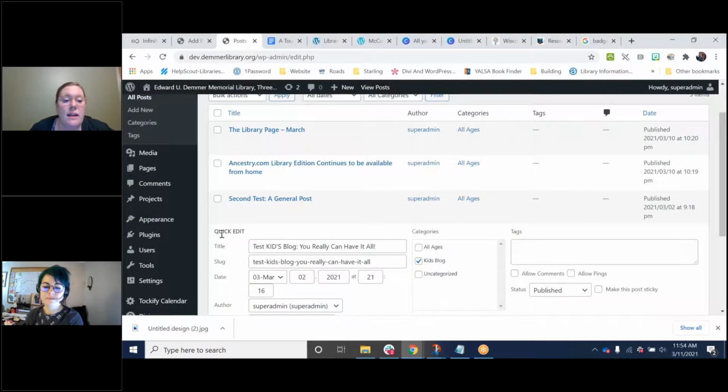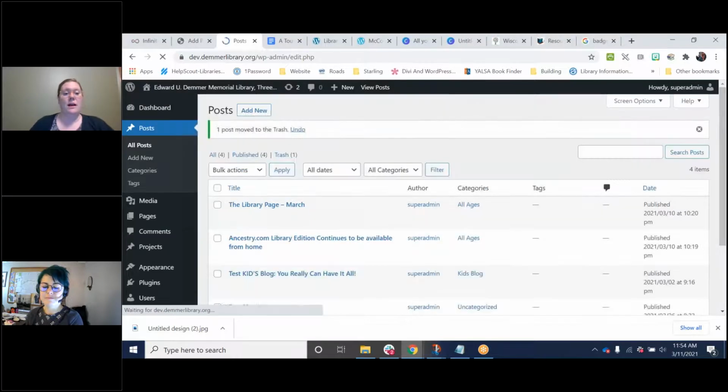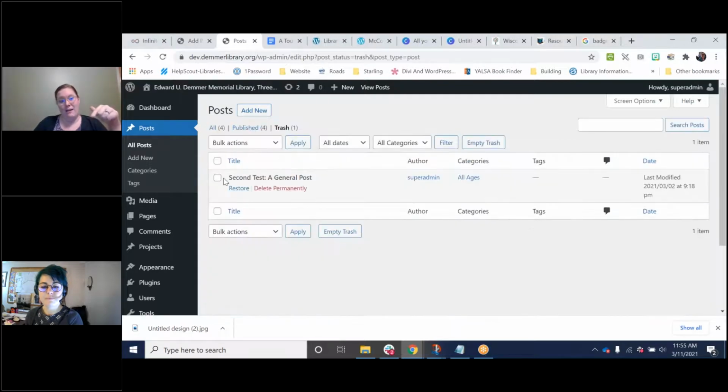The other thing to note is if I ever click trash on a post, oh my gosh, I feel like it disappeared and it was an accident. Remember up at the top for the comments, it had spam, trash, approved. Well, the only way to get rid of a post permanently is to go into your trash can and delete permanently. And you can also restore posts. There are only a very few instances when you click delete on something that it's actually deleted. But that's for another day. Is that helpful? Did I go too fast?